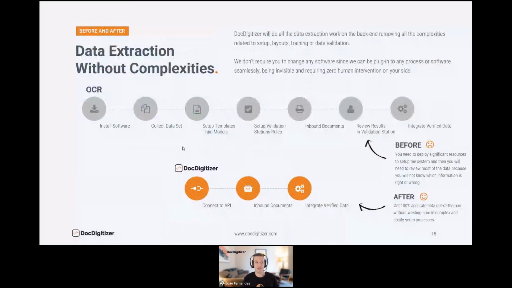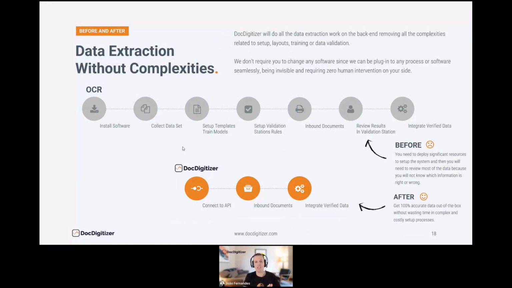Comparing to an OCR, and I think most of you already saw this slide, what I would like to highlight here is that we are trying to remove all the complexities of implementing intelligent document processing. So instead of installing, collecting a data set, setting up your models or developing your layouts, then developing validation rules, and then having people validating data, we want to make this much simpler.